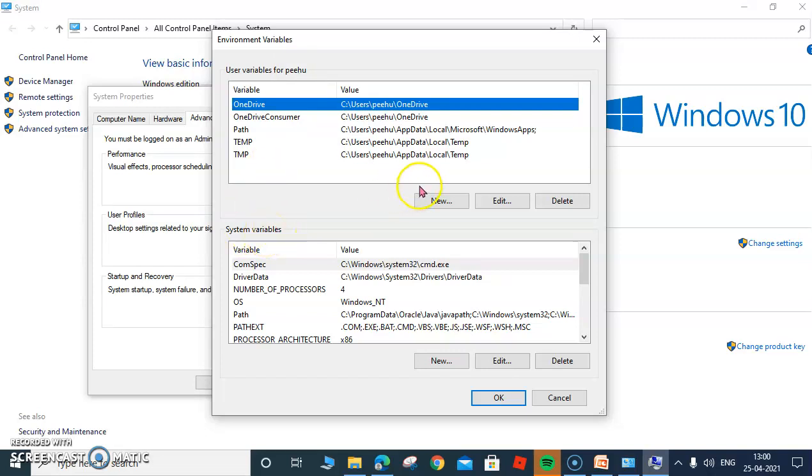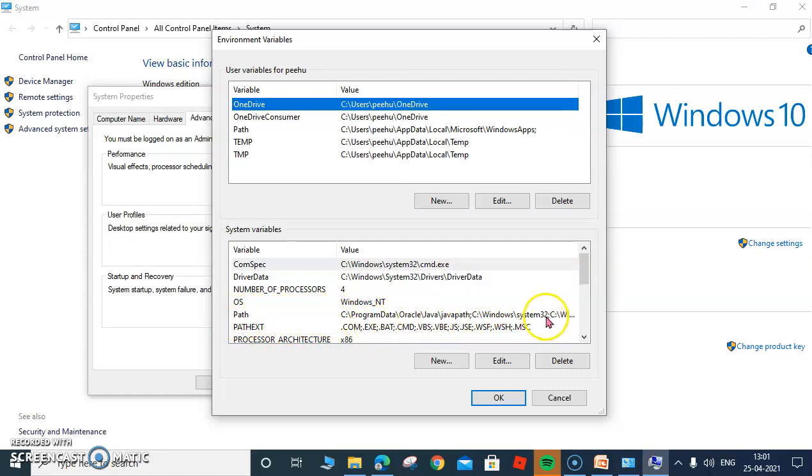You can set the path over here and also here, but if you set the path here, it will be only applicable for the administrator. But if you set the path over here for system variable, it applies for the whole system. So even the administrator as well as any limited user can use JDK, because the path is applied for both. As you can see, some of the path is already set here.